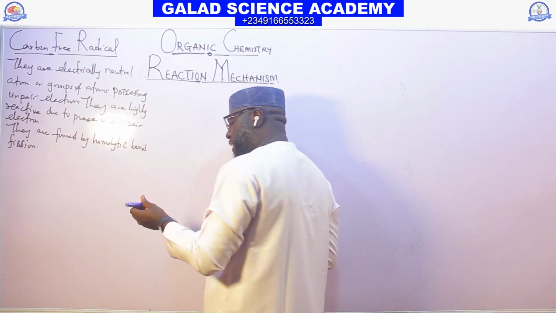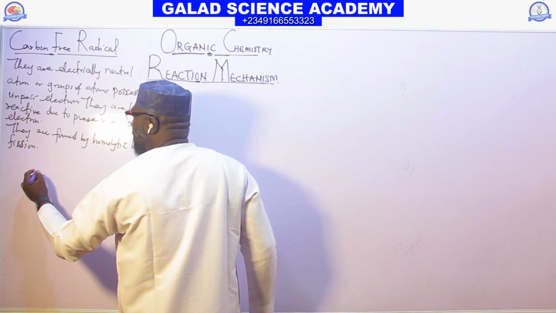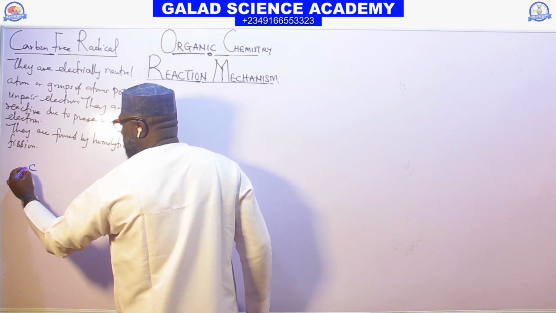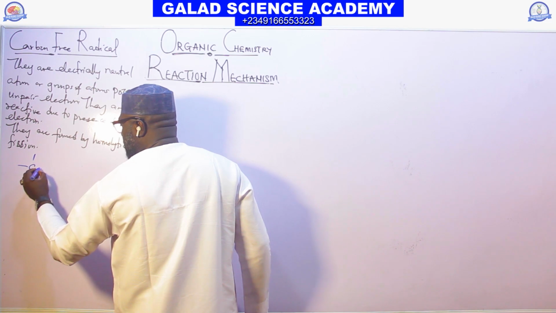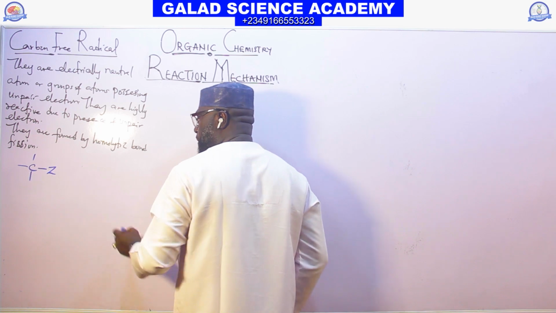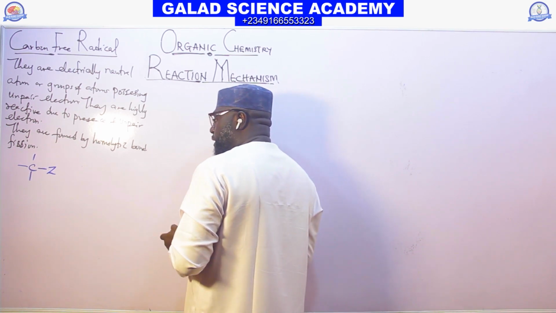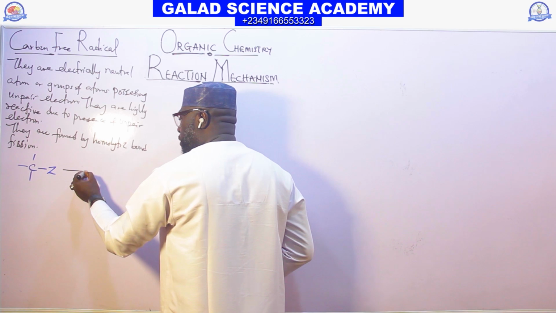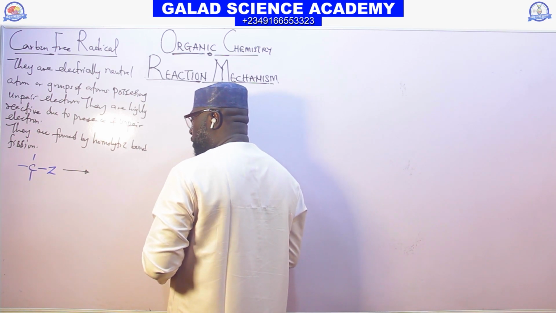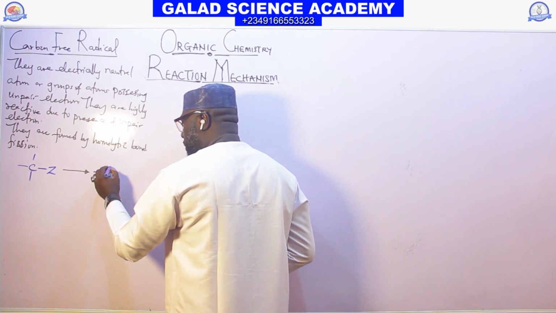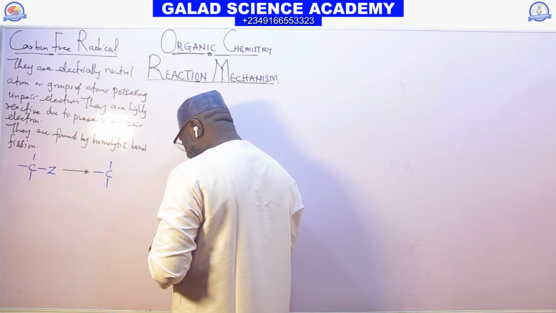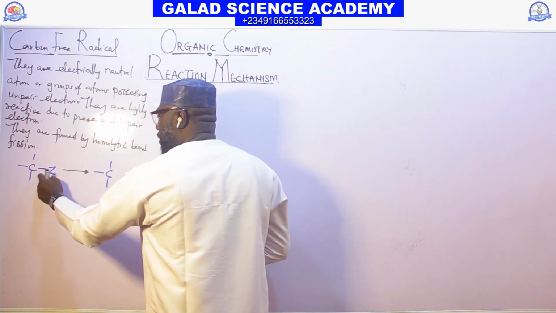So look at the free radical. We have a carbon atom like this, bonded with Z here. And this is the arrow of reactants. And here we have carbon. So before it gives us this, the bond here,